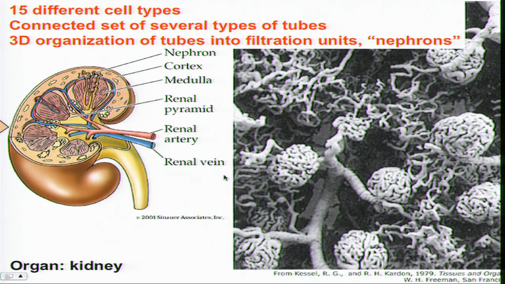They form a 3D organization, and they form filtration units called nephrons. Here are part of the nephrons. And you just have to look at this, without any knowledge, to see that this is a complex structure. Of course, this is a distant view, low magnification, so you can't see the cells here. This is a really complex organ, and it takes a moment's thought to wonder how something like this gets put